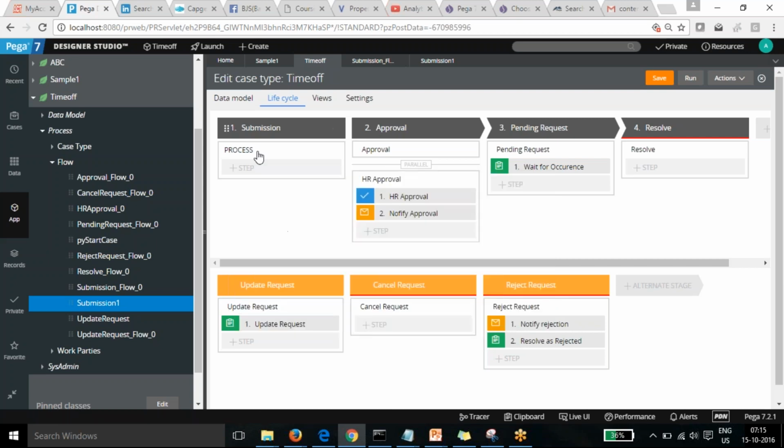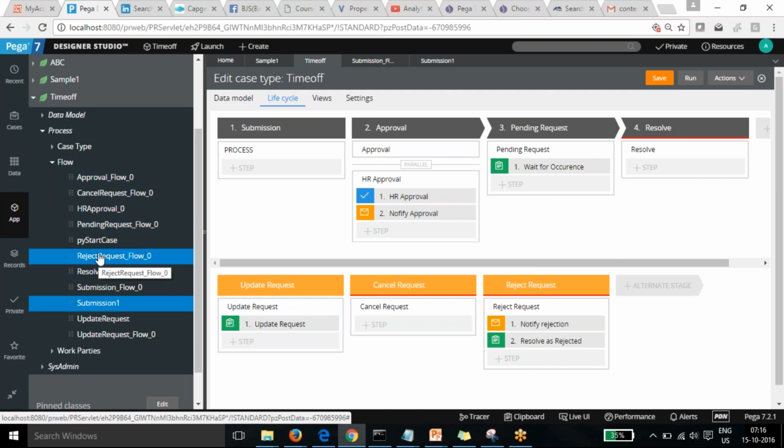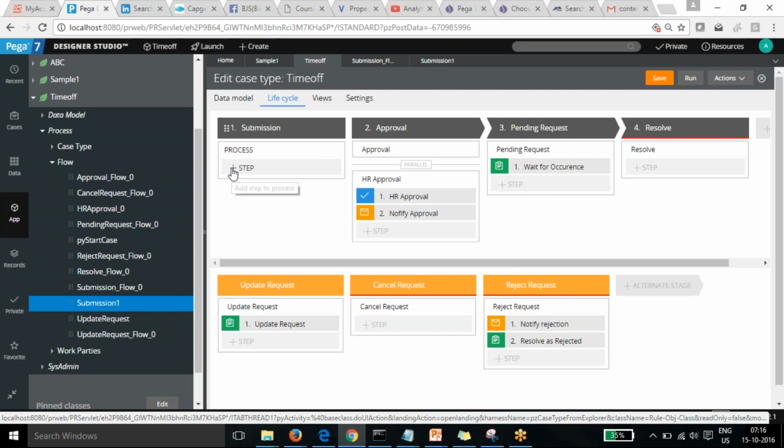Actually, you can do it, but it needs to be done in here. There is one feature of Pega you will miss if you do it from a multi-step process. That's the feature I want to show you.